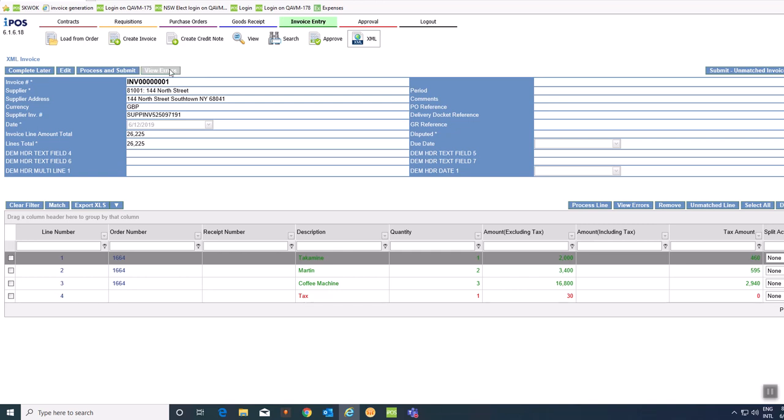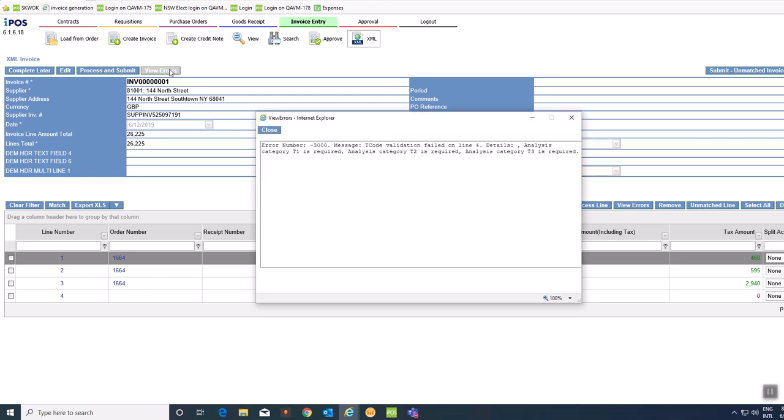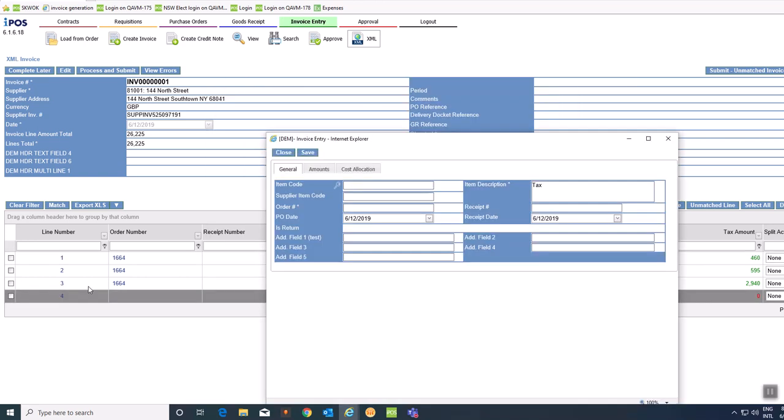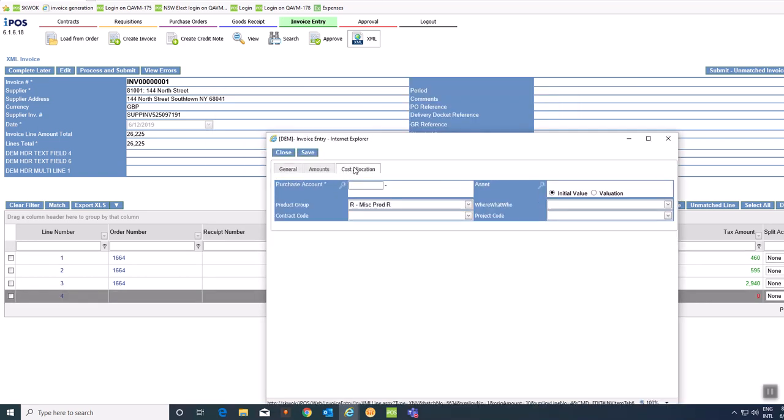Within iPOS invoice entry XML matching, to find out what the problem is, I'll click View Errors, and it will tell me the line number and what the problem is. So it's saying there that I haven't got my analysis codes defined on that line. So I'll click Close. I'll drill down to that line. I'll go to my cost allocation tab. I'll enter a purchase account. I'll select my analysis codes